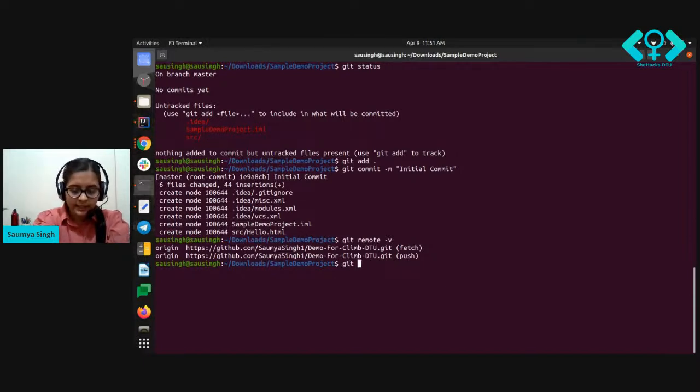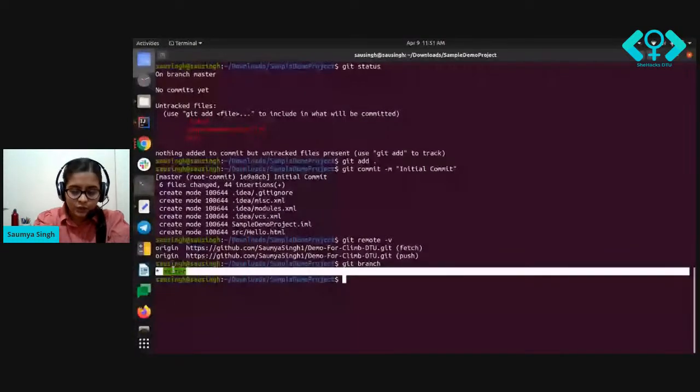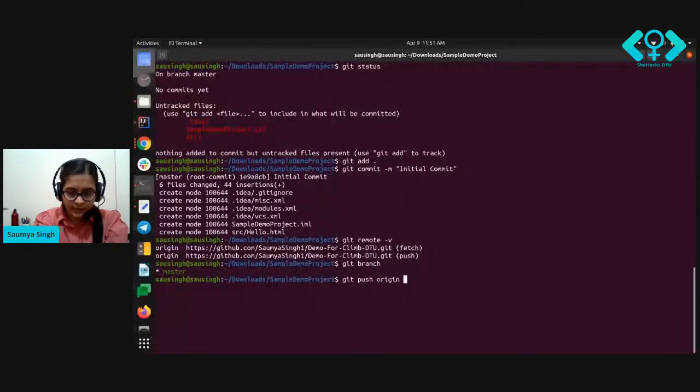So you can check the current branch with the help of git branch command. So right now you can see I only have one branch, master. So I will say git push origin, right? Origin is that URL, and what's the name of the branch? The branch is master branch. So I will